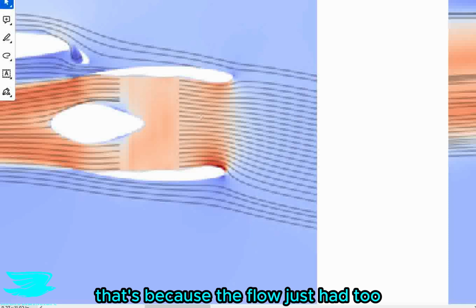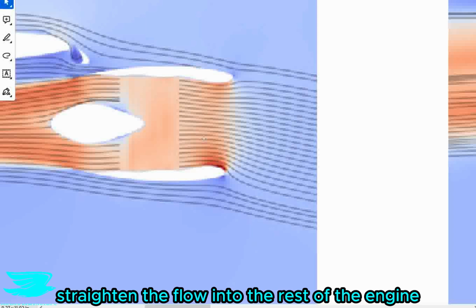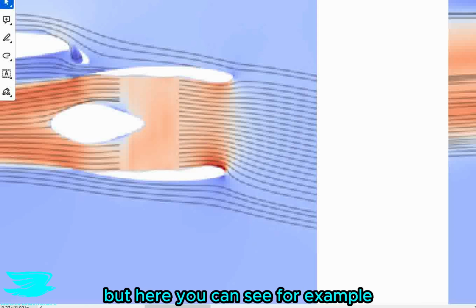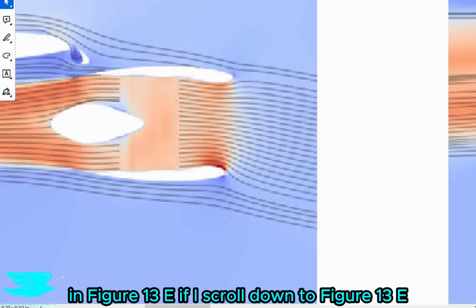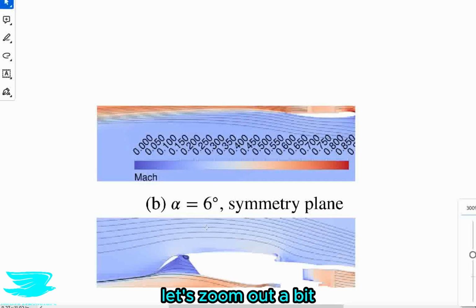That's because the flow was just at too great an angle of attack, and then the inlet couldn't really straighten the flow into the rest of the engine very easily. But here you can see, for example, in figure 13E, if I scroll down to figure 13E, let's zoom out a bit,